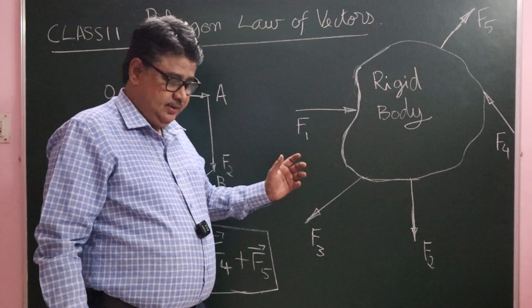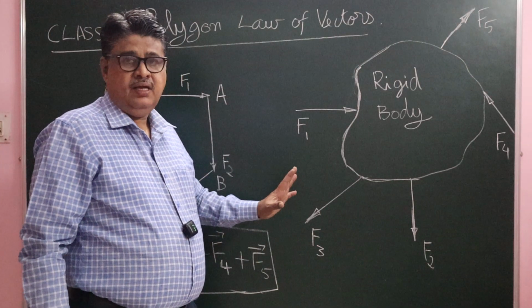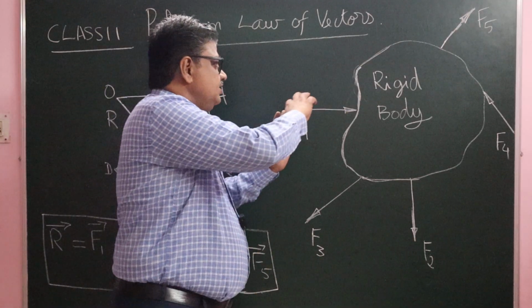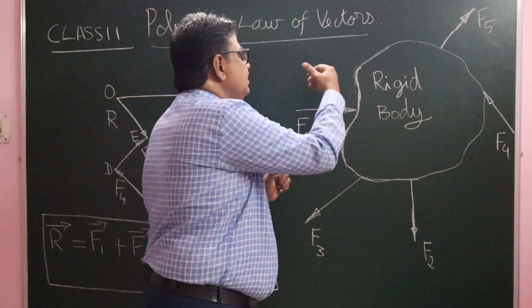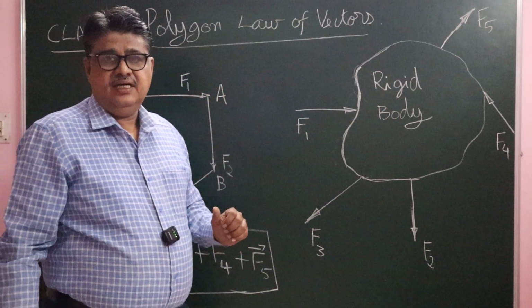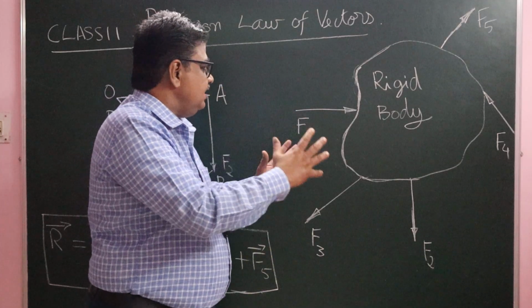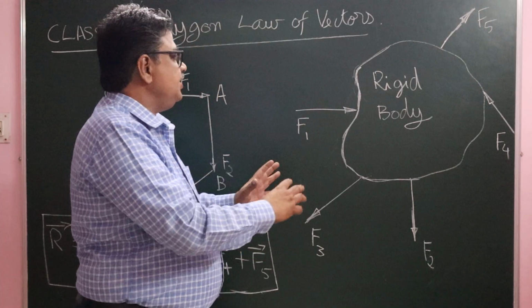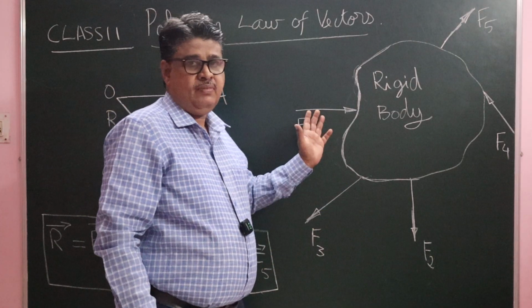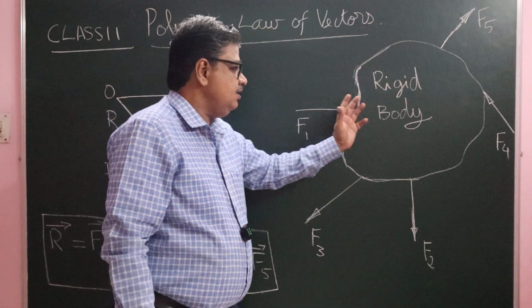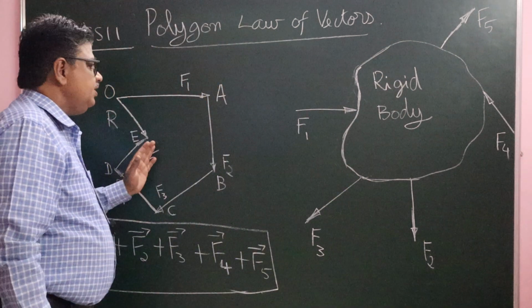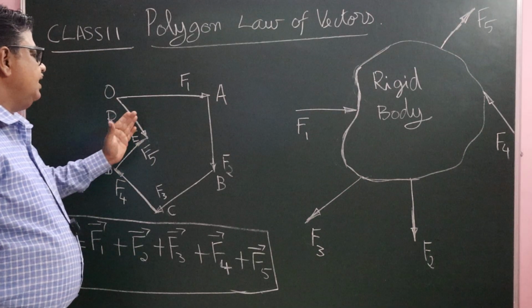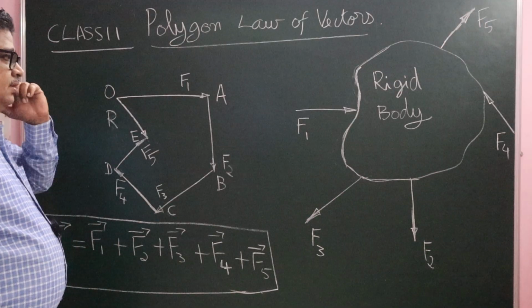We can combine these 5 forces and make a single resultant force. That is, the 5 forces can be combined and made into a single resultant force, right? So that this single resultant force produces the same effect as that produced by all these 5 forces. Now we are going to find out the single resultant force. So here what we can do is, in this Polygon Law of Vectors, we can form a polygon like this,